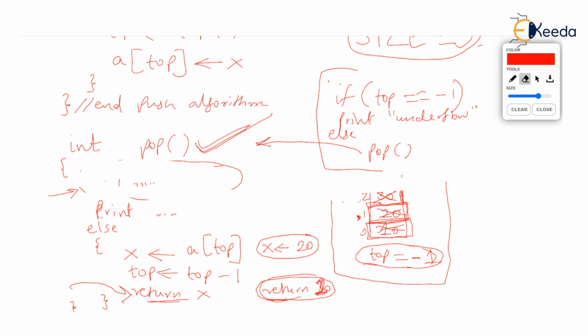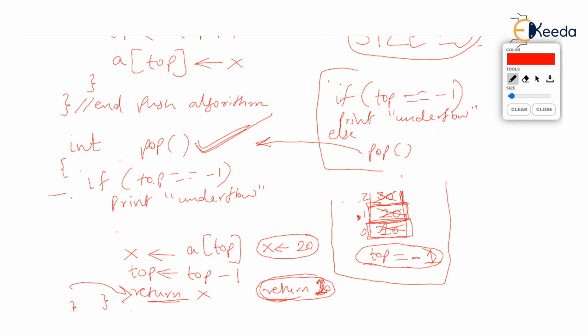So there won't be any else either, and we will relax and we will just write these 2 lines, or rather 3 lines, that take out the value, store it in X, reduce top by 1 and return X. But not to pressurize ourselves, we have seen a very simple methodology where we have checked the underflow inside the pop itself. We have printed underflow if top is -1, else we have done the pop operation.